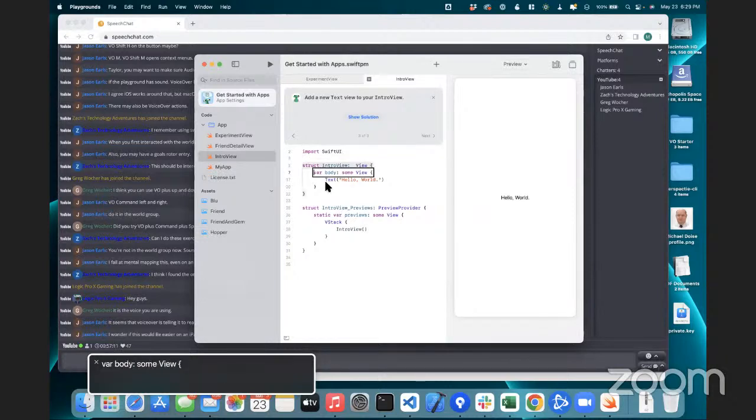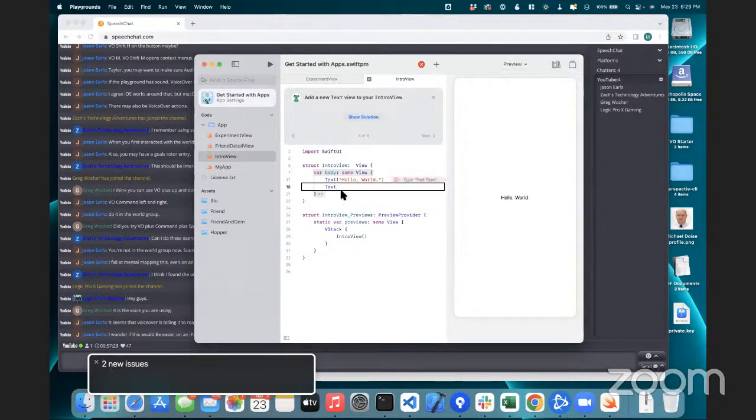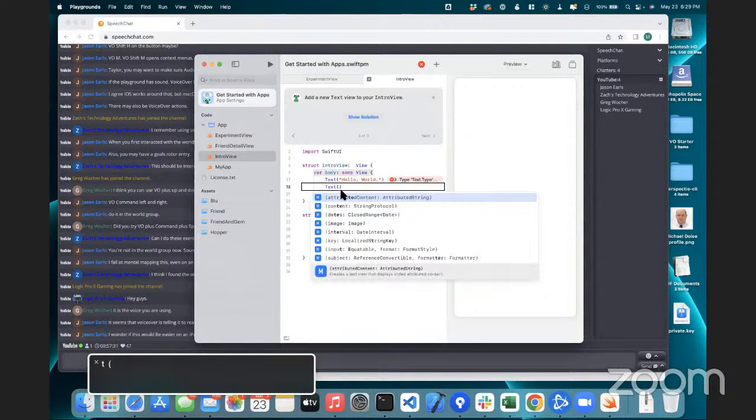And I think we saw something like that. Var by on text left T iPad. T H the iPad, yeah. E L L O W O R L D right parenthesis new line. T E X T text. 2 new issues T left parenthesis